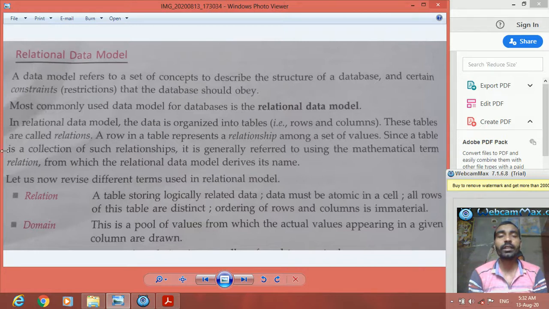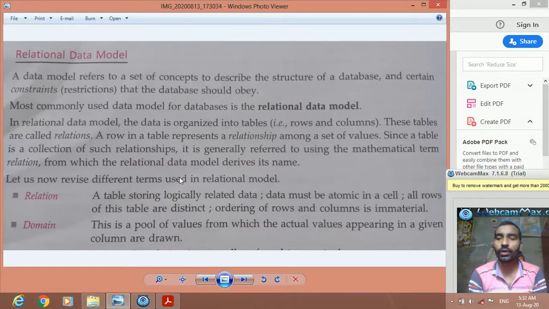Since a table is a collection of such relationships, it is generally referred to using the mathematical term relation, from which the relational data model derives its name.